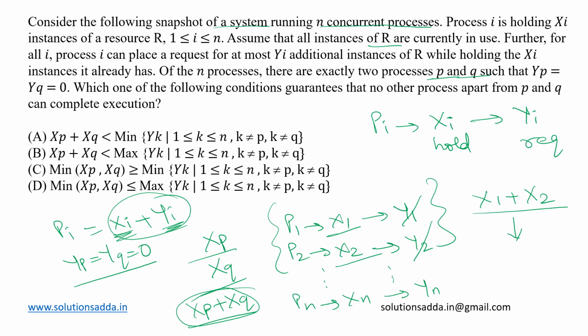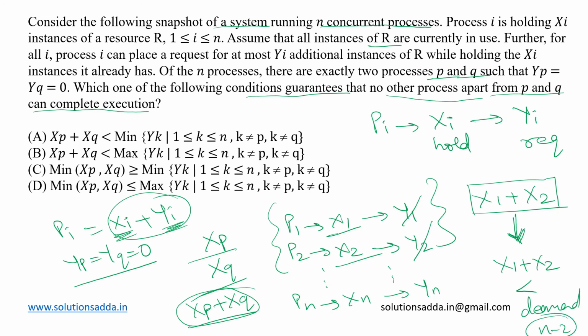But they have asked us for a condition which guarantees that no other process apart from these P and Q must be able to complete its execution. So now what we mean by this is, if these x1 plus x2 excess resources have been released for others to use and still they must not be able to complete their execution, which means that this x1 plus x2 must be less than the demand of any of these n-2 processes, which means for all i ranging from 1 to n except these P and Q, this x1 plus x2 value must be less than